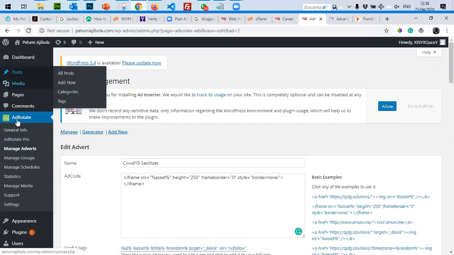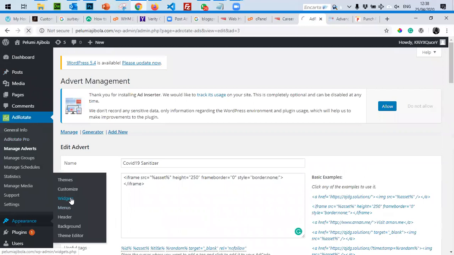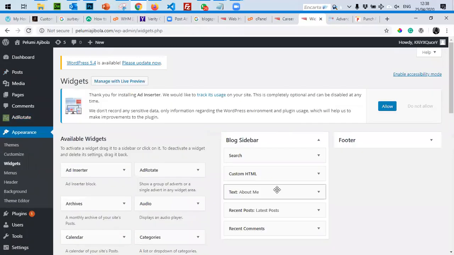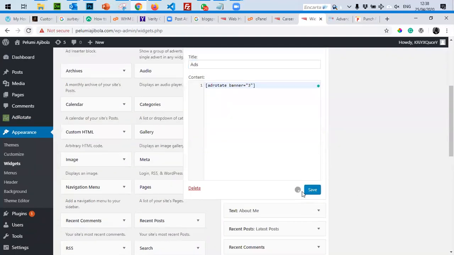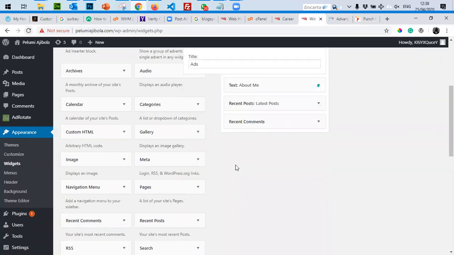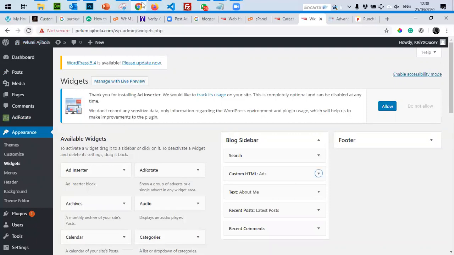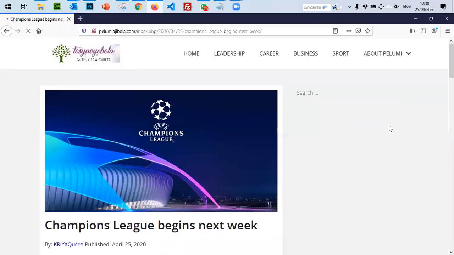So I go back to my widgets. I knew I'd use this particular type of advert thing before. I can write ads as a title, so it just displays at the top. But there's something still tricky that you need to know. What you are meant to do really is to create... because I remember the... something is still wrong.